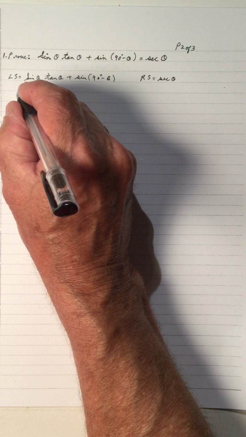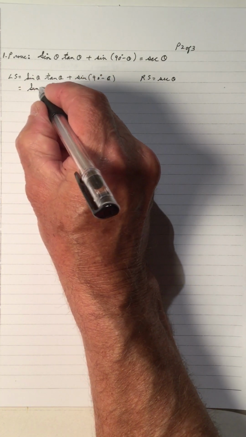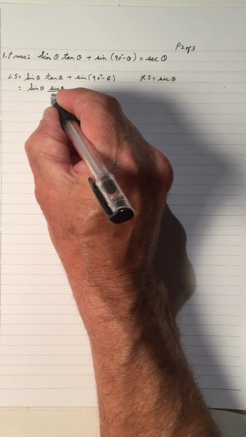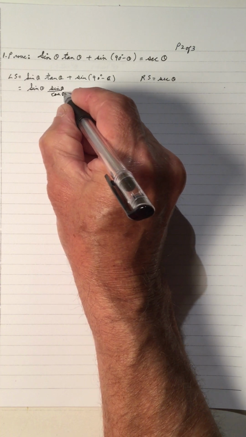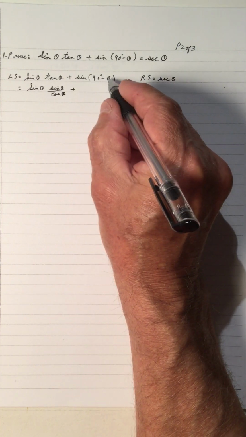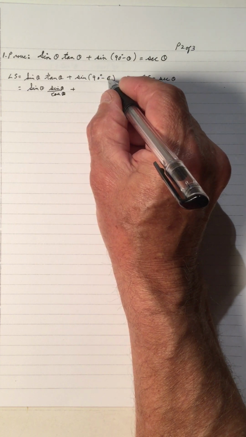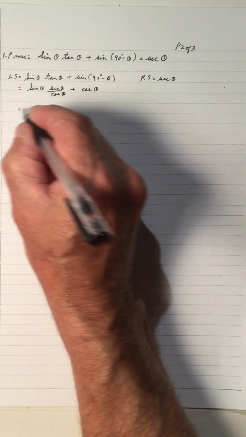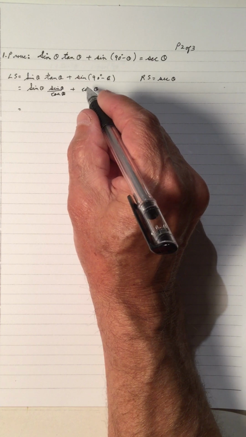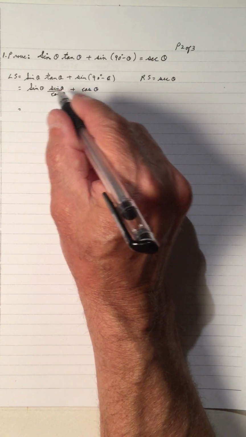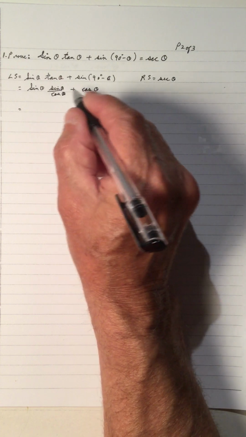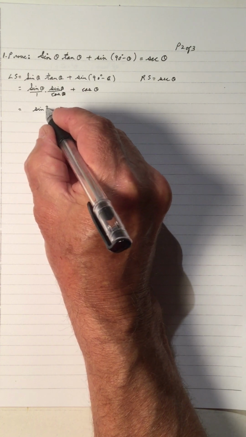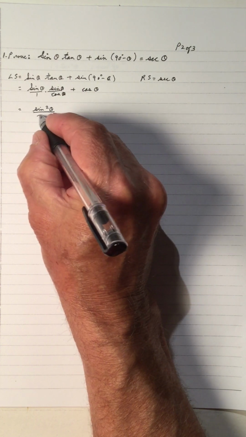So here we go. To simplify this, I'm going to change tan to sine theta over cos theta. And the tan of 90 minus theta, because it's a 90 minus theta cofunction, is the cos of theta. And to continue, now we have to obey PEMDAS, which means we do brackets, which is none, powers, none. We have to multiply before we add. So this is a multiplication over 1. So we get sine squared theta over cos